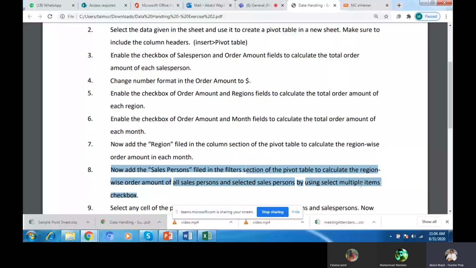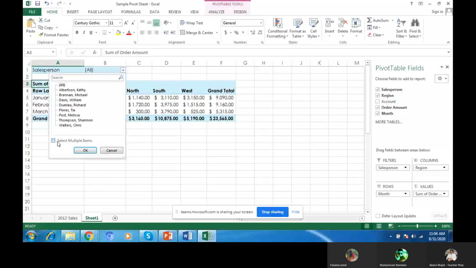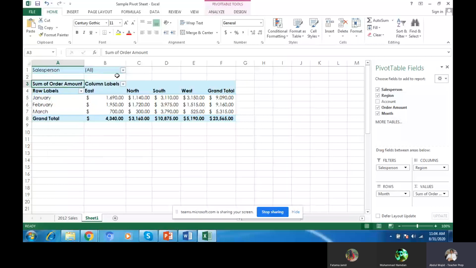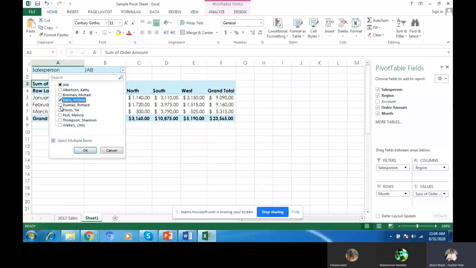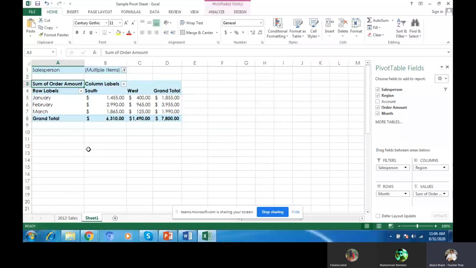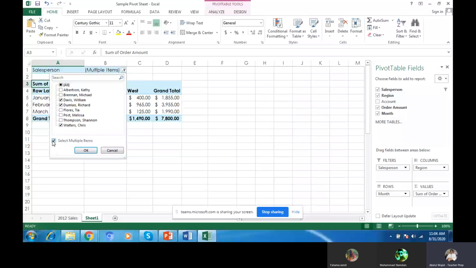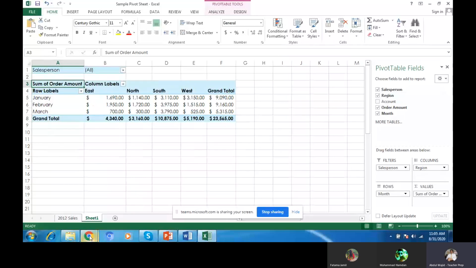Okay, if you go there, you will see, if you click here, anyone, any two or three or first, you can select. Okay, multiple items are there. Okay, uncheck that one. Yeah, check and only all. Right.